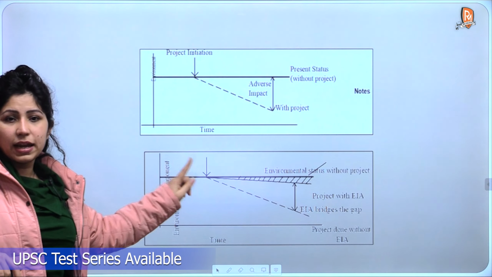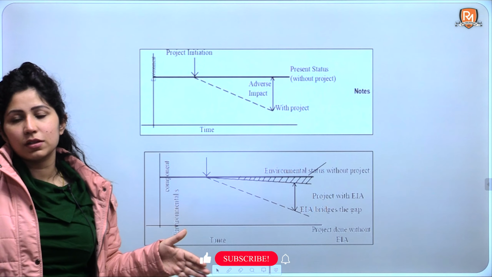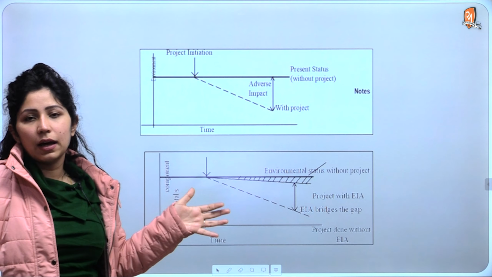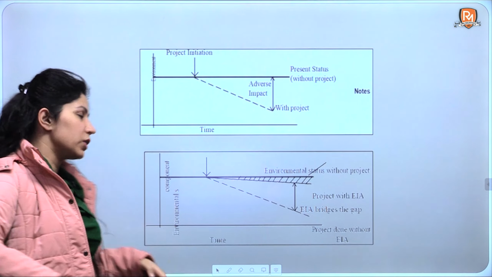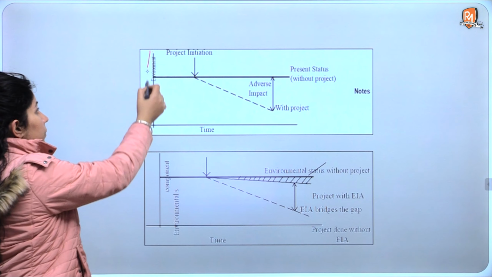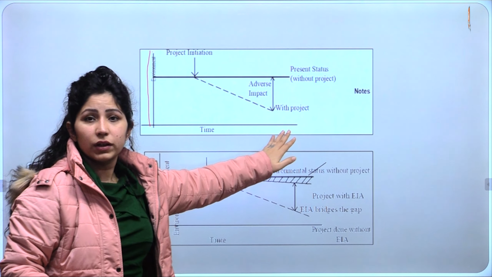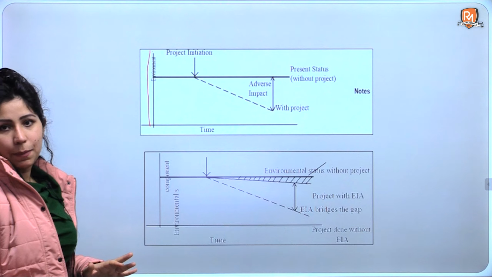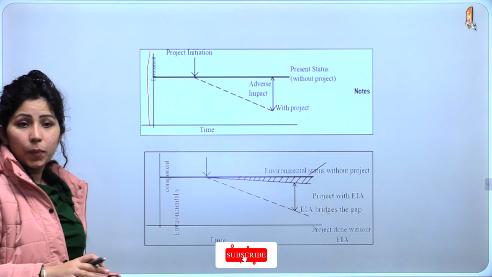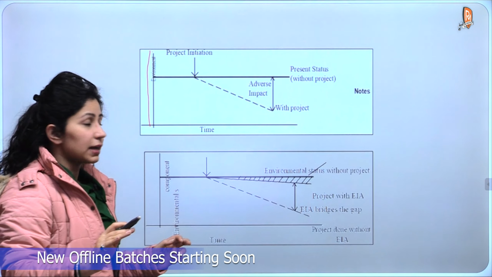This is a very common illustration that you will find in all environment books or on Google Images if you type environmental impact assessment. This illustration tells you how EIA is beneficial for any project. So I'll be explaining this diagram. See, the y-axis signifies your environment, and the x-axis signifies your time. When there is no project happening, no new building has been constructed or bridge has been built, then the state of environment is straight. The environment doesn't get impacted.